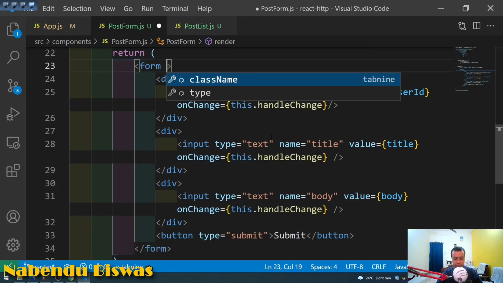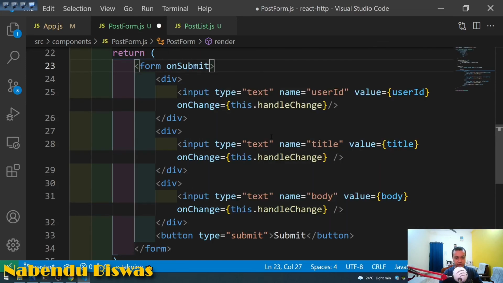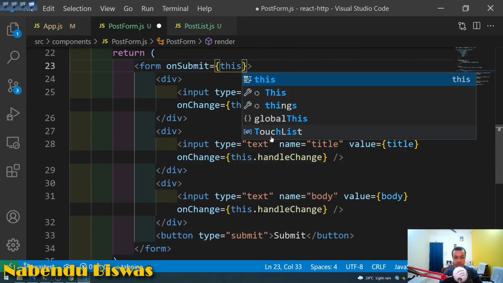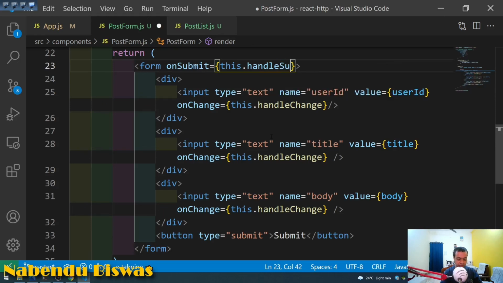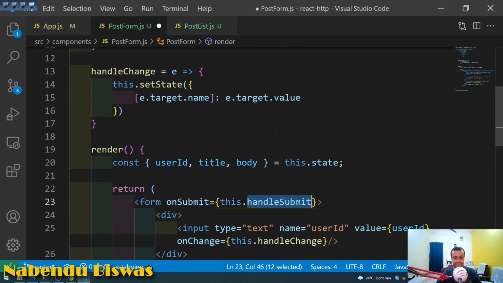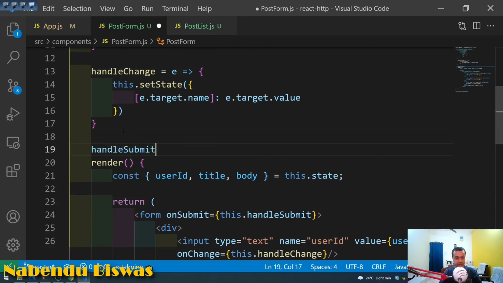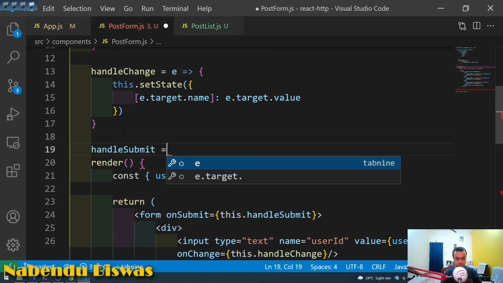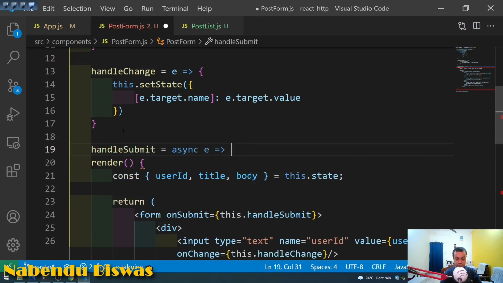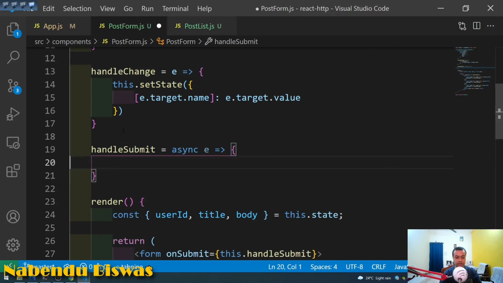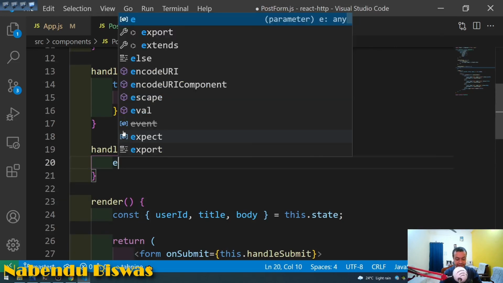So in the form, onSubmit will be there, onSubmit equal to this dot handleSubmit, we'll create a new function, handleSubmit, and let us go up and create the handleSubmit equal to, so it will do an async task, so it is async E, an arrow function which is taking the E, and it always has this E dot